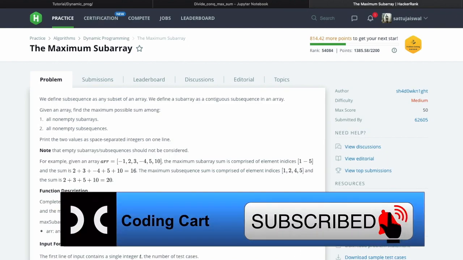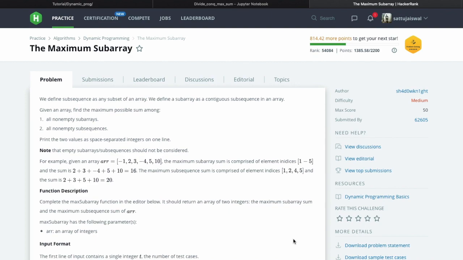So in this session I'll be talking about the maximum sub-array problem. You can see here this problem is under the dynamic programming section. But before this we'll try to understand this problem in a simple way by solving it with the help of the divide and conquer method. After that we'll try to solve this with the Kadane's algorithm, and at last we'll try to understand it with the help of dynamic programming. So that before moving to dynamic programming it will be easier to understand how this divide and conquer method works and how this Kadane's algorithm works.